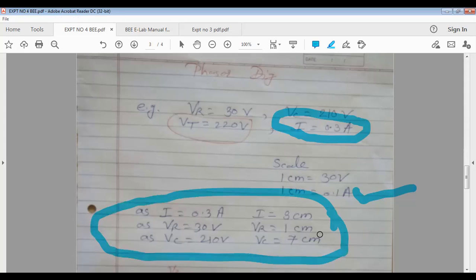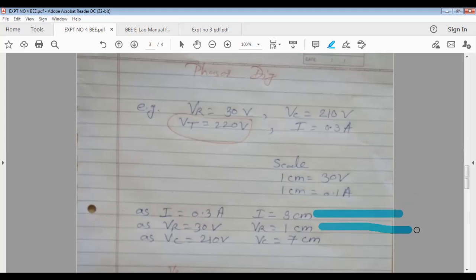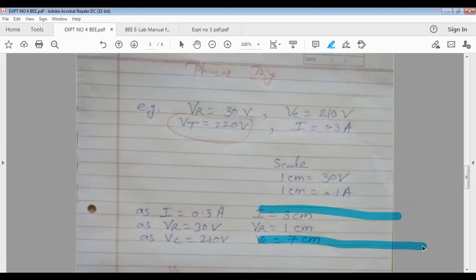Now for resistance, we just saw the phase difference between the current flowing through resistance and the voltage drop across resistance. What will be the phase difference between these two? 0 degree. Right, because for resistance there is no phase difference. And what is the phase difference between I and VC? 90 degree. VC leads or VC lags current? Leads? No, VC lags. Current leads means obviously VC lags I by 90 degrees. So like this, you have to draw the phasor diagram.